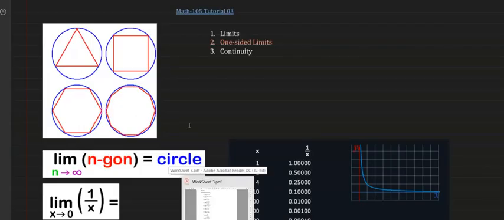So in order to understand the idea, let's imagine we have a circle and an inscribed triangle, and then we increase the number of sides of that polygon inscribed in the circle to become a square, and then increasing it to a pentagon, and so on. As much as we increase the number of sides, this polygon tends to be exactly equal and coincide to the circle. So we can say that as the number of sides for the n-gon or for that polygon increases, it will be equal to the circle. In other words,